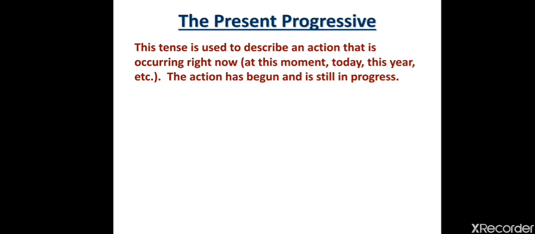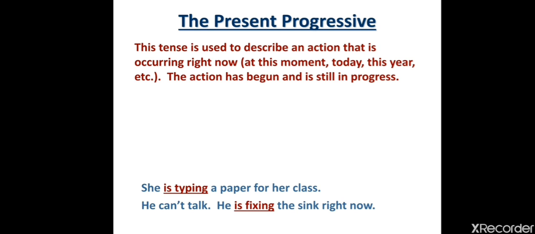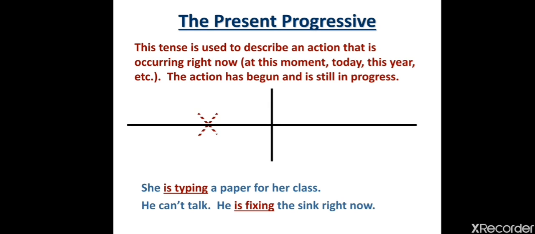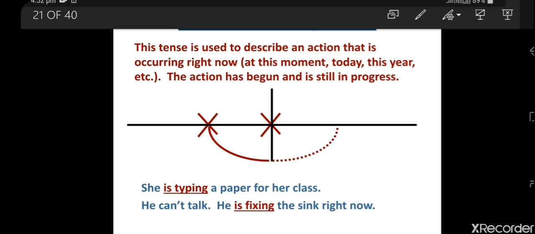The present continuous or present progressive. This tense is used to describe an action that is occurring right now. At the time of talking, an action is happening. The action has begun in the past and still is in progress. So therefore, one cross is in the past, from there it has been happening, which is shown in the curve here, and the same action may continue in future. Therefore it is expressed through a dotted line, but at the time of talking, the action is in